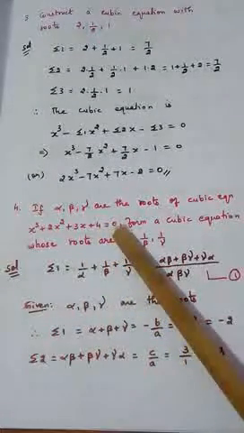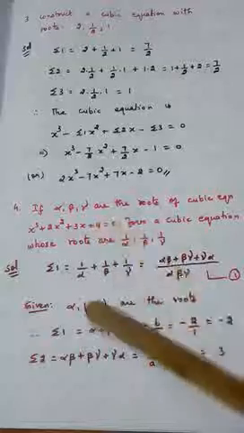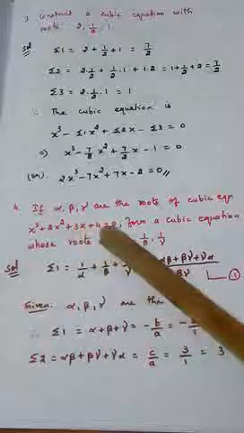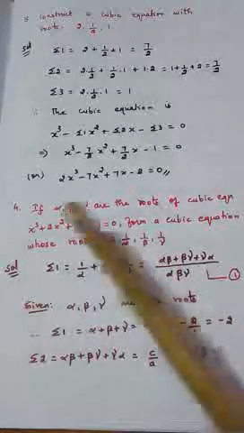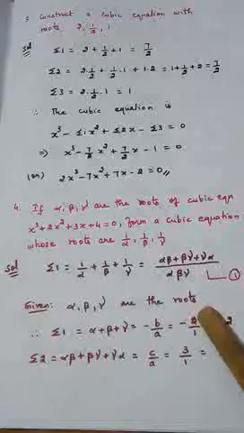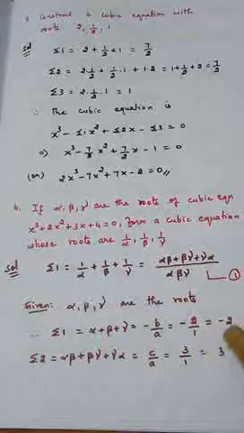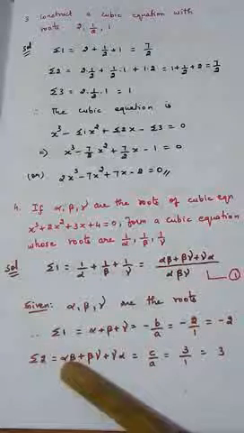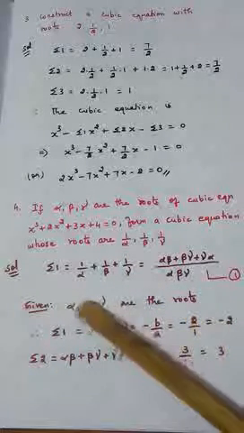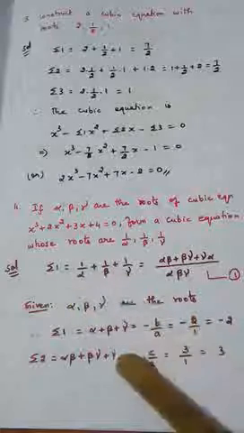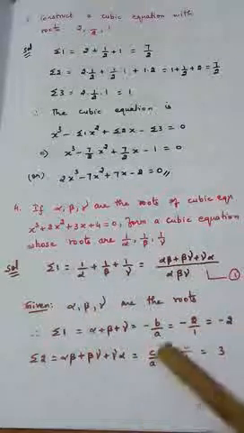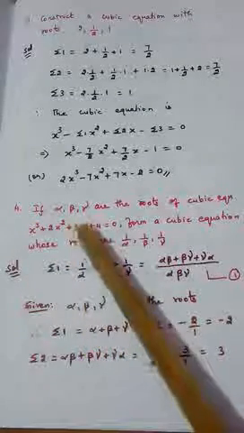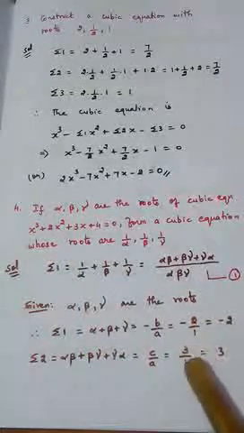While writing the class work, you write it in rough notebook, or even here you can write that. A is 1, B is 2, C is 3, and D is 4. So minus B by A, minus B value is 2, A value is 1. So minus 2 by 1 is minus 2. Similarly, I'm going to calculate sigma 2, that is taking 2 at a time: alpha beta, beta gamma, gamma alpha. Beta's formula for that is C by A. What is C? See the equation and find out. A, B, C. C is 3. So 3 by A value 1 equal to 3.